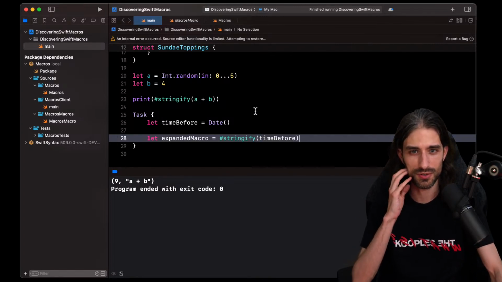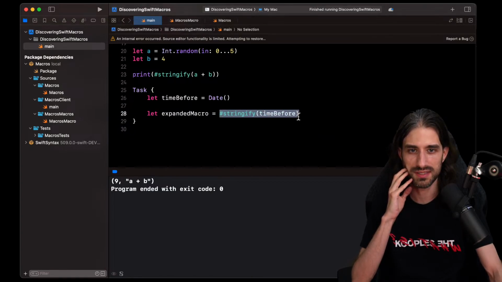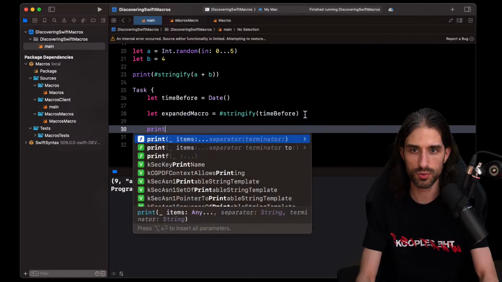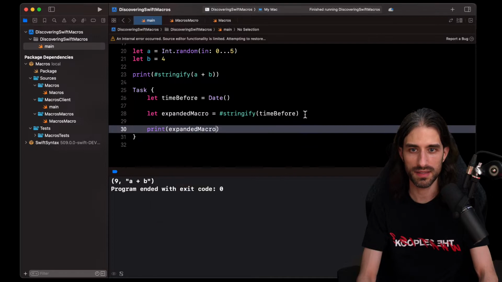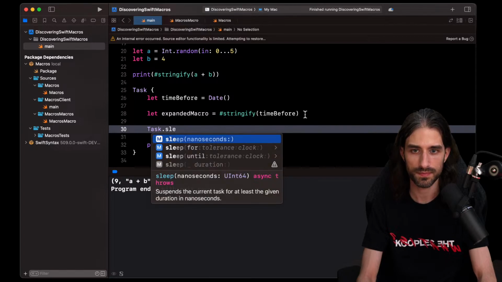What I want to do is put a sleep, basically, between the moment where this is... So yes, here it's just turned into a variable. Then I will do a print of expanded macro. And what I want to do is a task dot sleep.